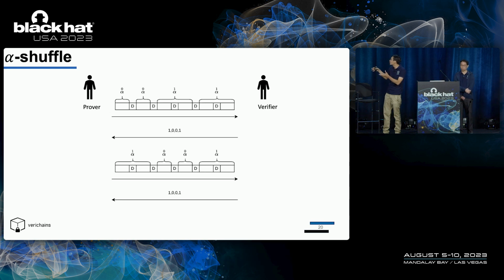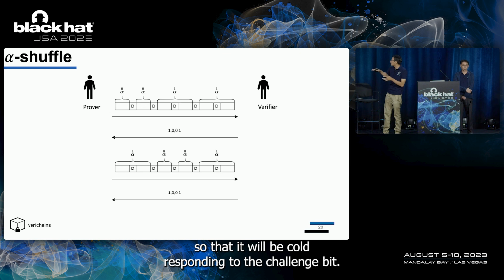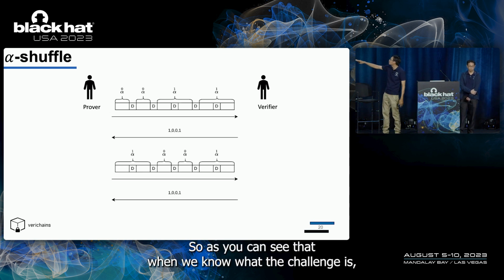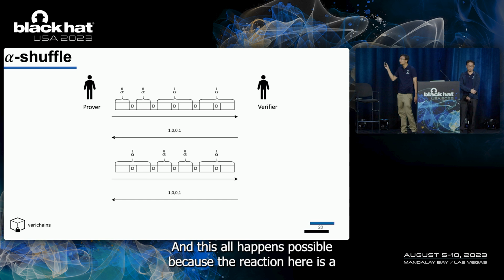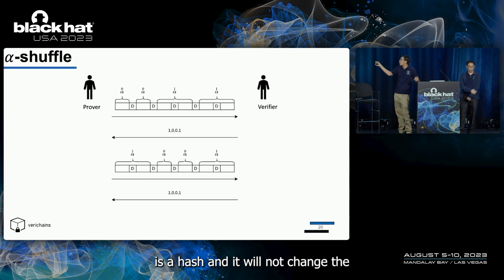So we will swap around, we'll shuffle alpha so that it corresponds to the challenge bit. As you can see, when we know what the challenge is, we can just send in another set that is arranged correctly. And this is possible because the Fiat-Shamir is a hash, and it will not change